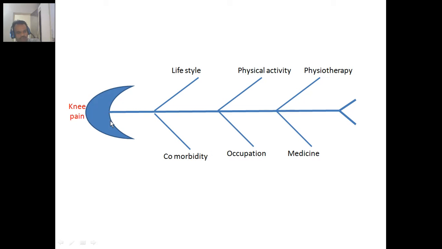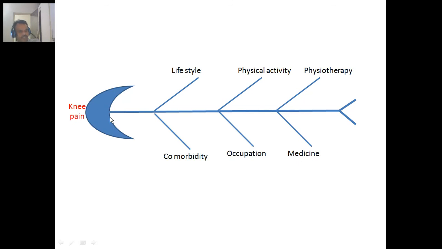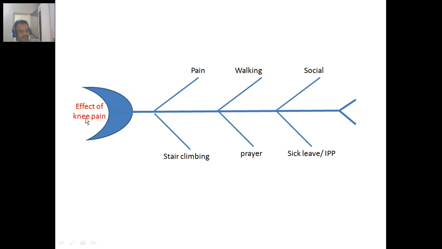Now this was one fish diagram. Now look at this one. This we call a reverse fish diagram. So here it was like cause, and this is kind of a straight fish, as if the fish is just coming here, and it's like the fish is eating. So sometimes we call it a reverse fish diagram.